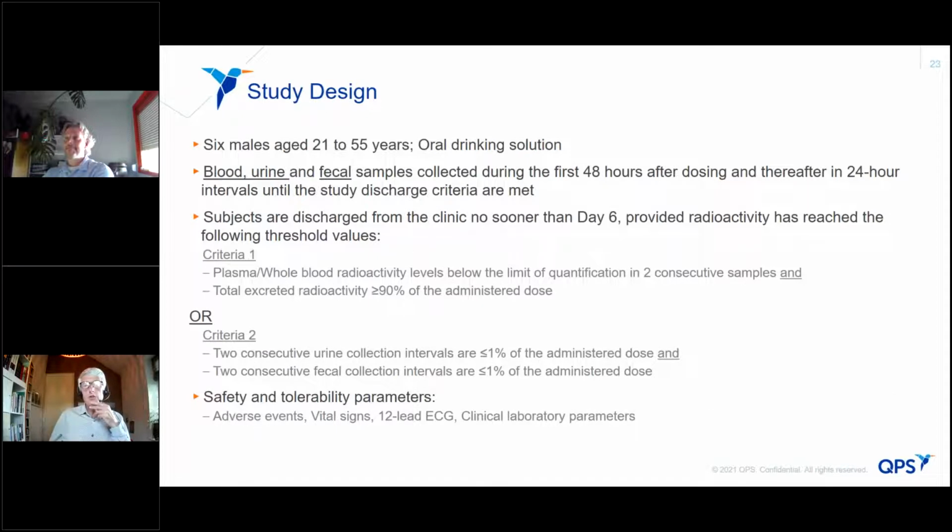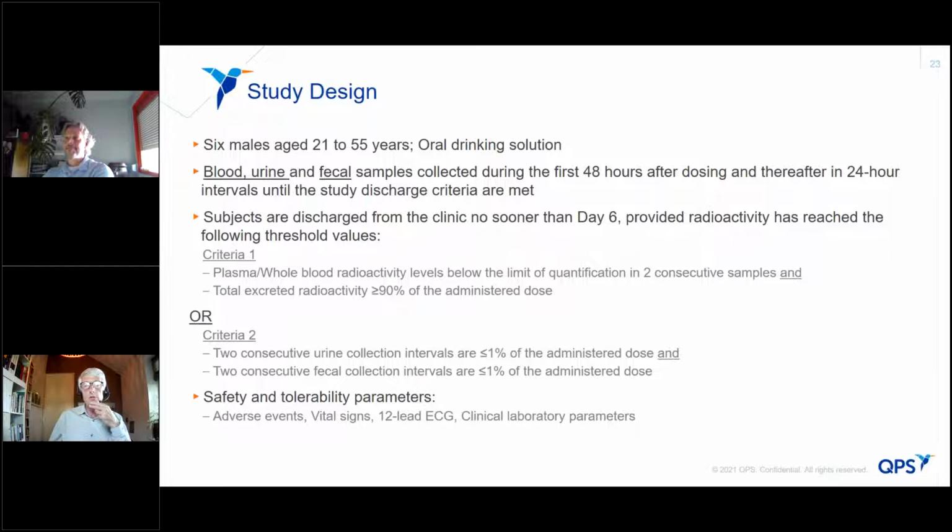Those subjects were aged 21 to 55 years. We collected blood, urine, and fecal samples. During the first 48 hours, we did it with regular intervals, and later on with 24 hour intervals. And the subjects were discharged from the clinic no sooner than day 6,